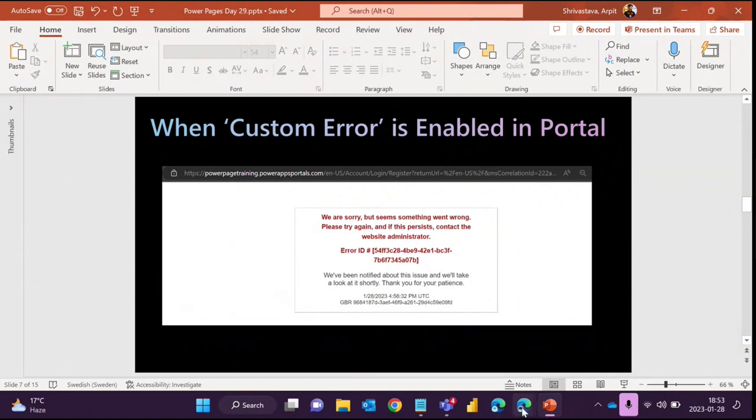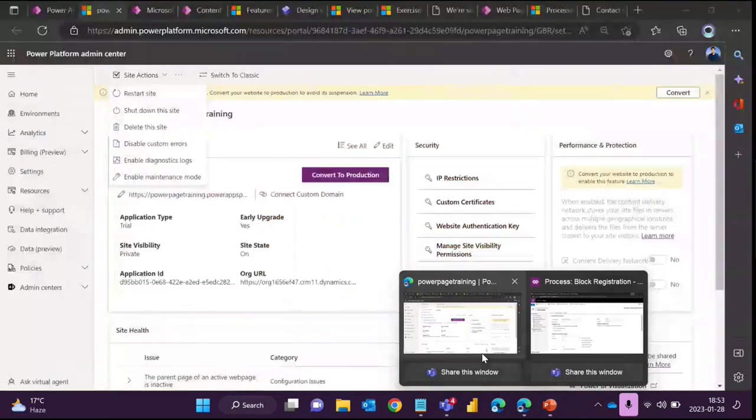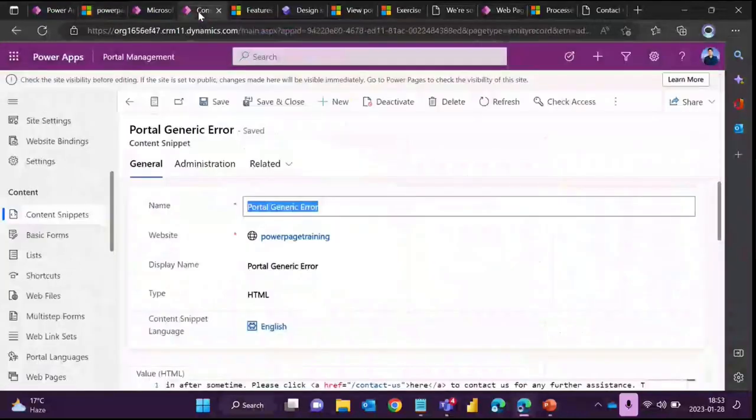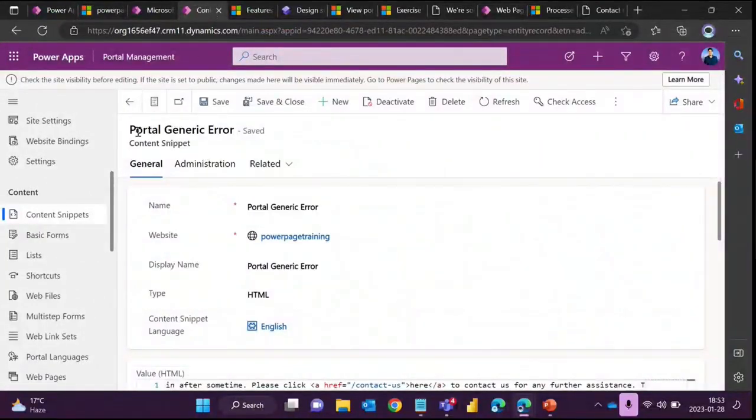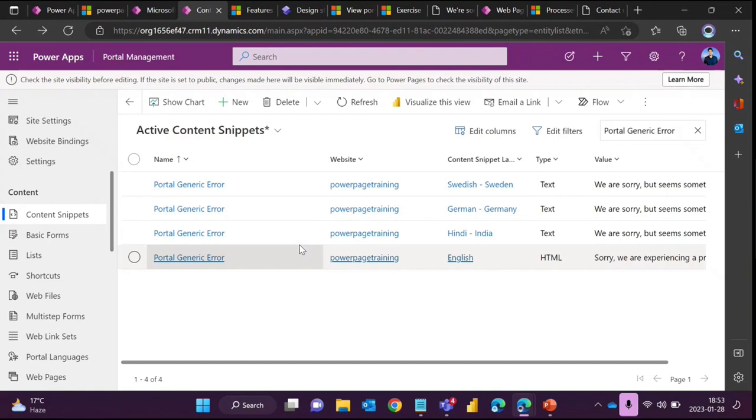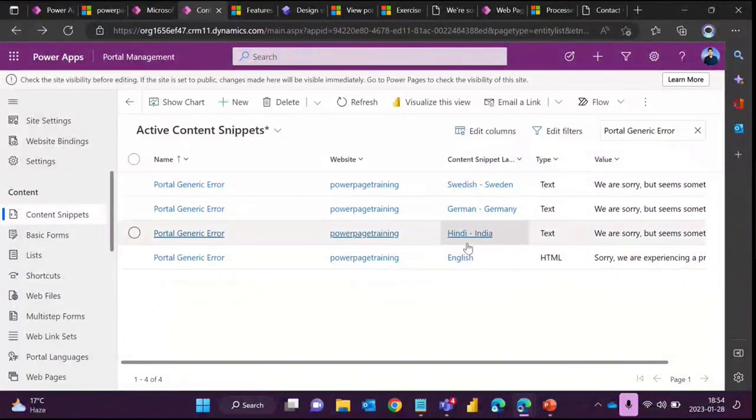All right. So what we want is to customize this error message. What I've done is I created a content snippet. To customize the error message, you have to head over to the content snippet, and there you will get this portal generic error automatically available for you. But if it is not there, you can create it as well. Since I have 4 languages enabled in my Dataverse environment or in the portal as well,